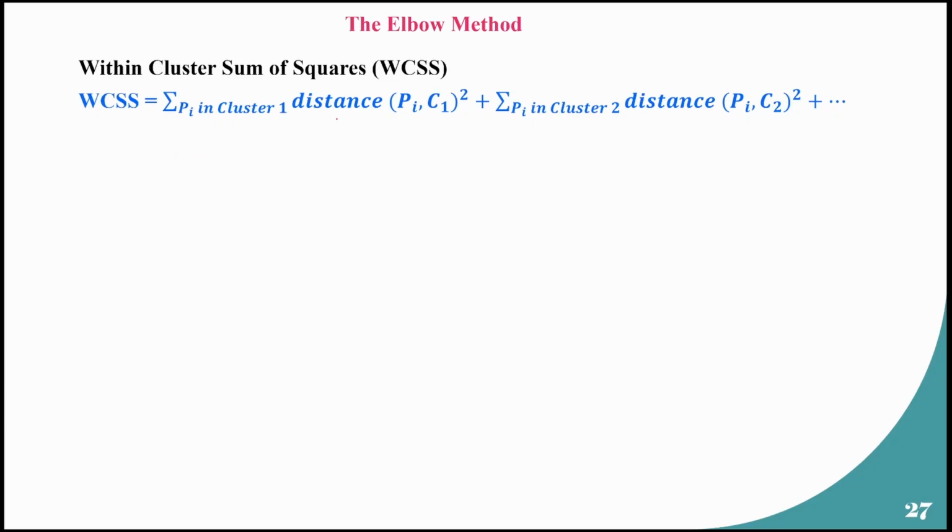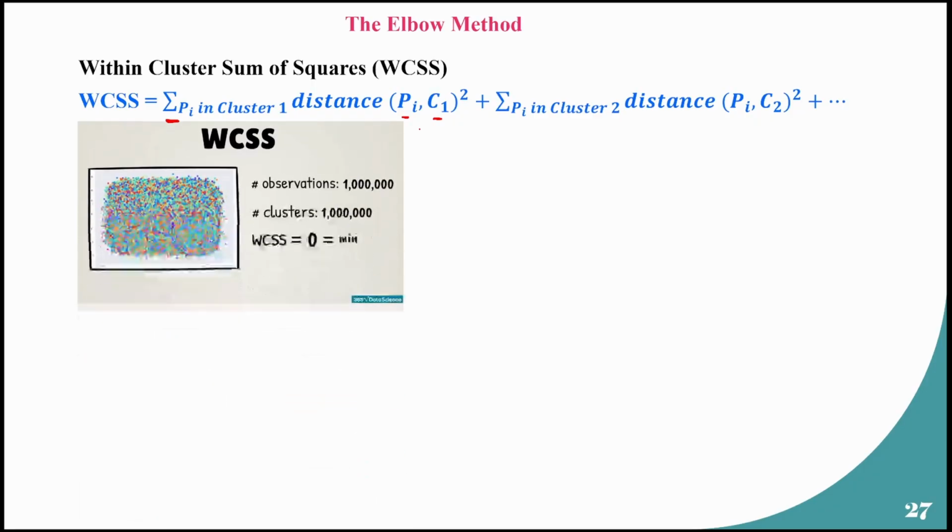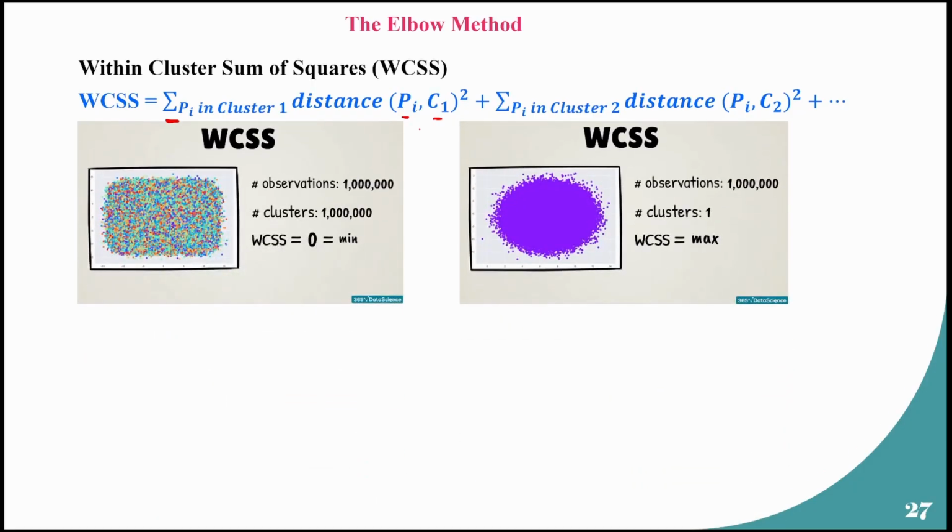So here, basically, what you have to do is calculate again the distance from the cluster centroid of a particular cluster for each data point, and then you have to square that up, and then you have to do a summation of those squared values, right? And you have to do that for each cluster that is present after dividing your data set. Okay,